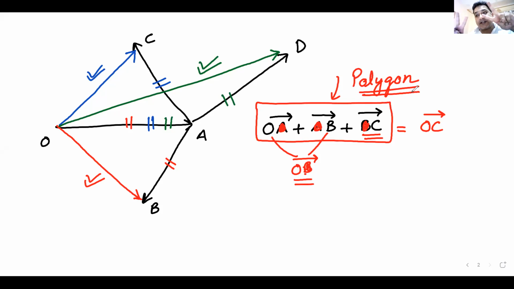Again, I'll repeat. If I have two vectors, I can add them using triangular law. If I have more than two, I will have to use triangular law multiple times. I call it polygon law of vector addition. Now look at how I have added them, and then I'll try to do it here. It might look a bit clumsy, but let us do it here so that you understand. The directions are not given, so I'll just draw some random directions.